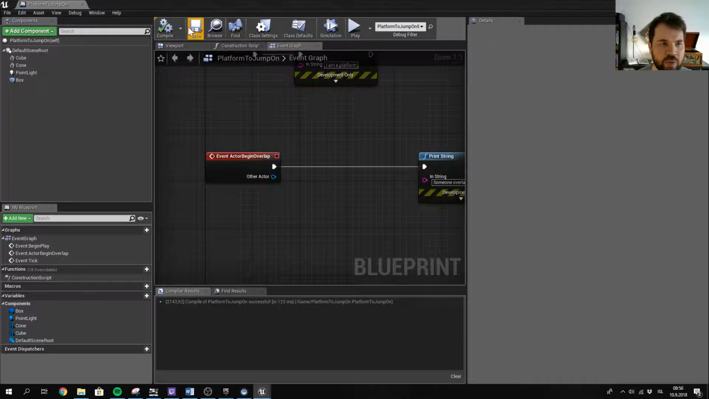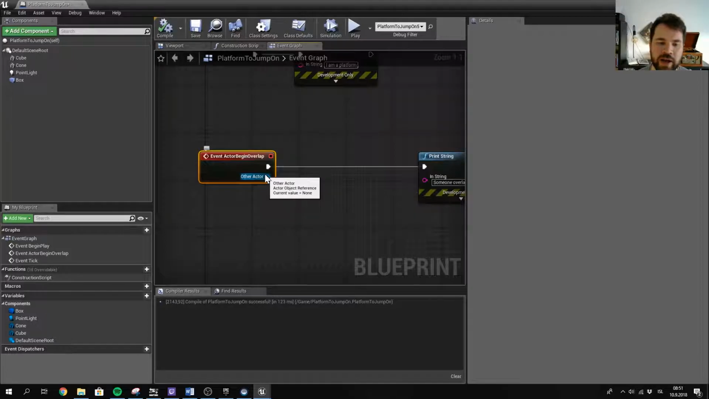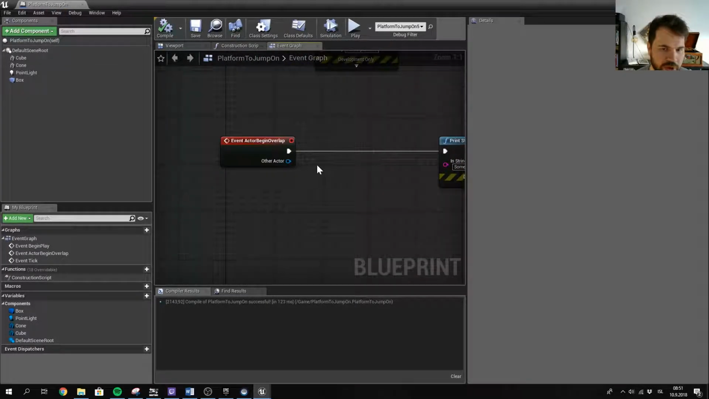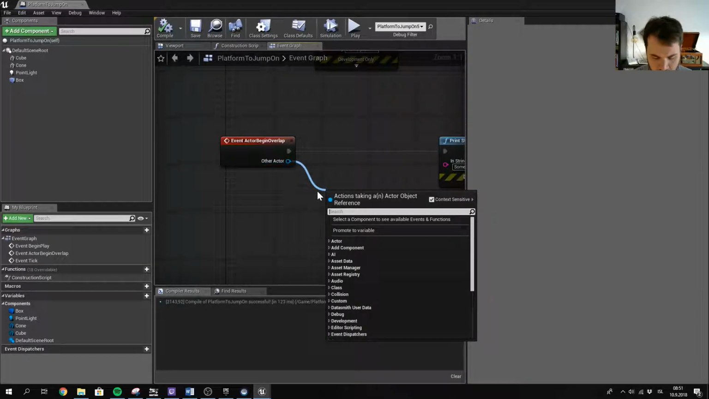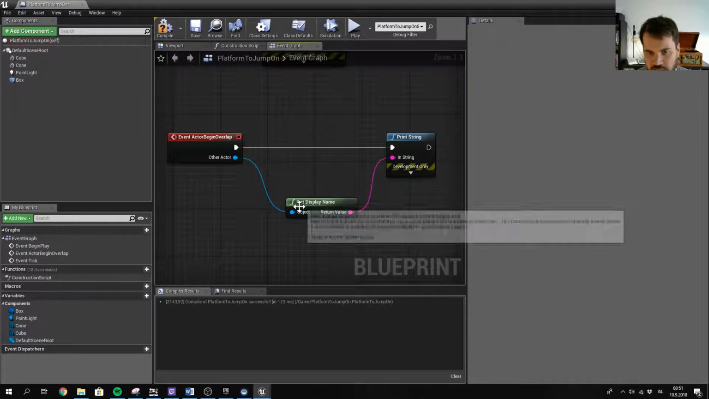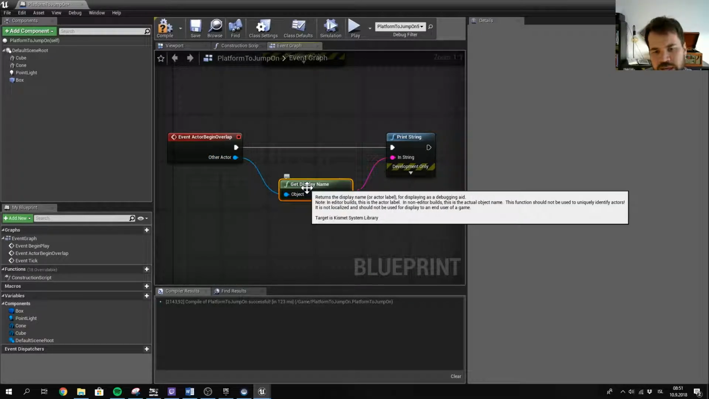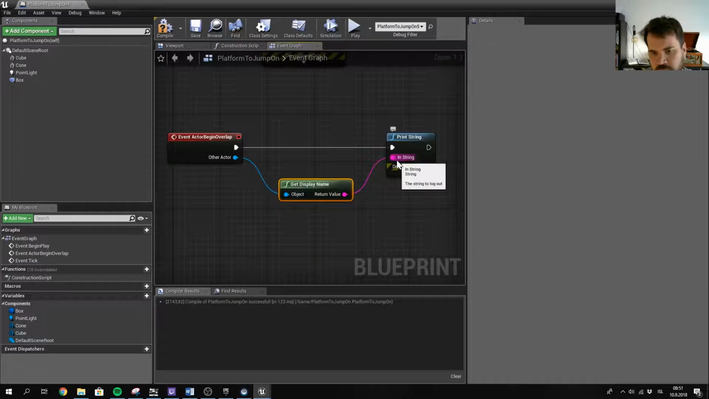So right now we are inside of the platform to jump on, and other actor is going to be whoever other actor actually entered our platform. So what we can do is we can drag out of other actor, and well, we can actually just plug other actor right into the in string, and it does a little bit of logic for us. So other actor, we get the display name, and then we return,